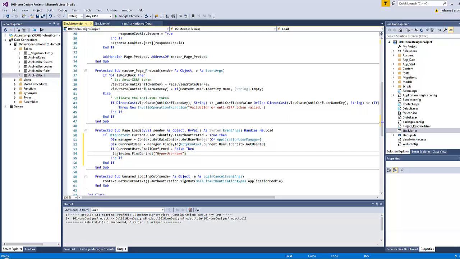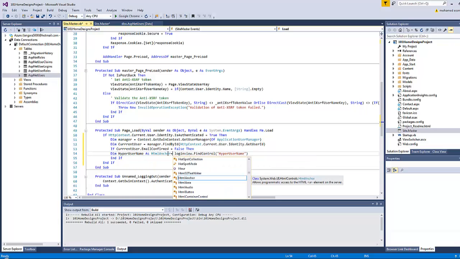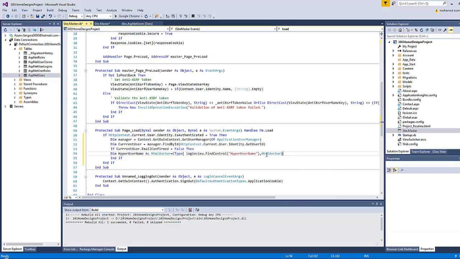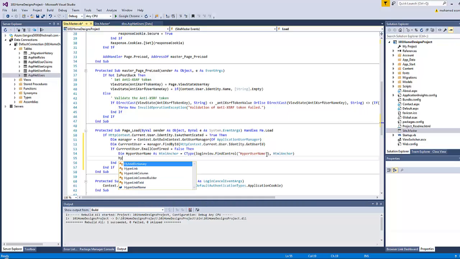So let's put this one inside a variable. Dim hyperUsername As HtmlAnchor equals loginView.FindControl("hyperUsername"), and in order to make sure that this has been cast right, we should type CType and cast it to the HtmlAnchor, and then let's type hyperUsername